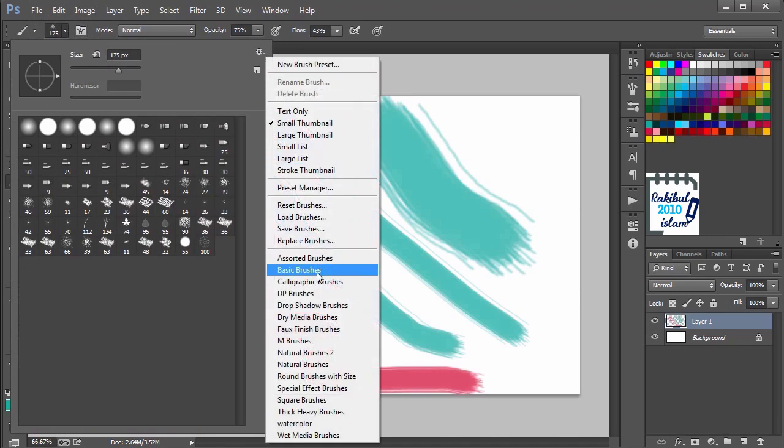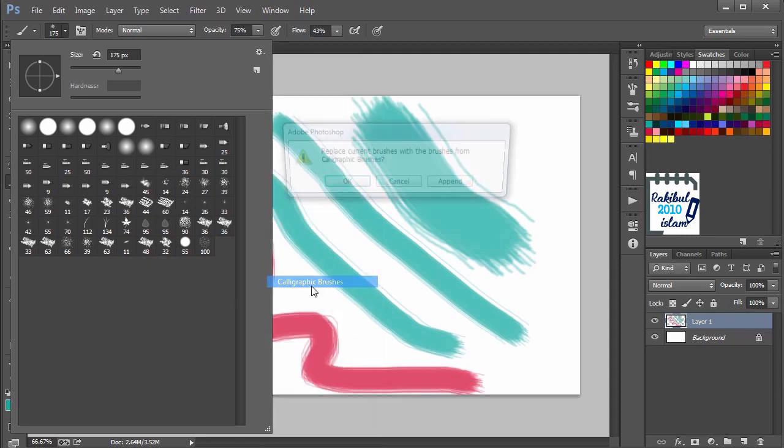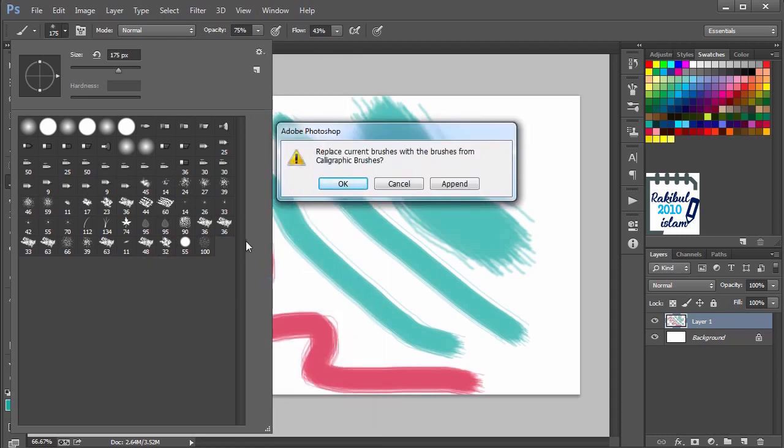If you click here, these are the brush categories that you can select from here rather than these default brush tips. You can select the calligraphic brushes, and when you select any category, you find this message asking whether you want to replace all these default brushes with these calligraphic brushes.